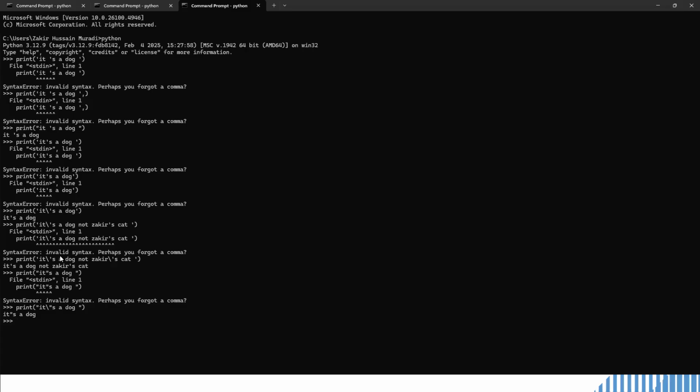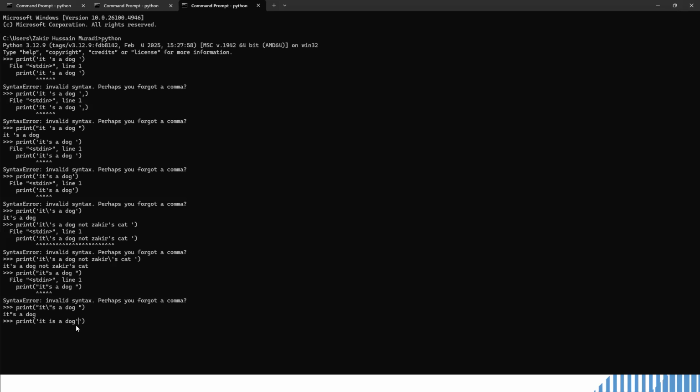Because I said that when you are writing a statement, you should write it inside quotations. So if I write here, it is a dog, now the computer understands this is the start and this is the ending, because I'm using only two of these. But if I use an apostrophe in the middle or anywhere, the computer will understand it as the ending here. It will not understand, so I say skip this one.